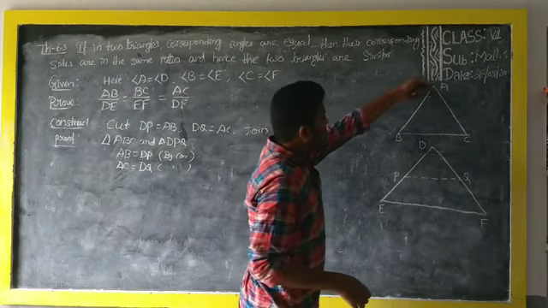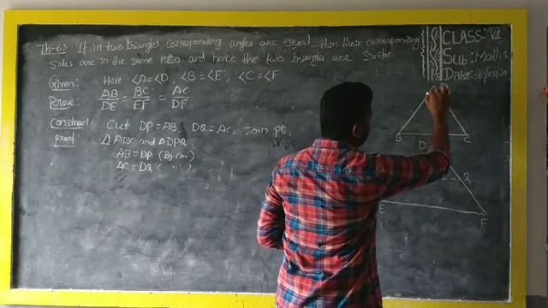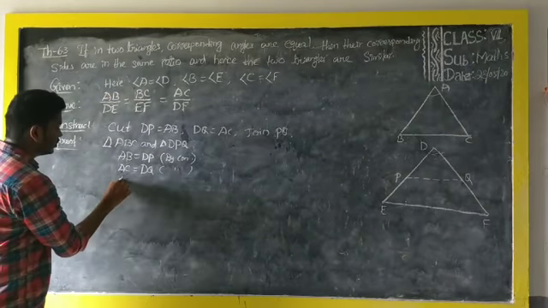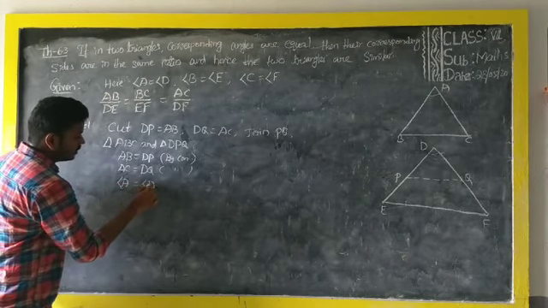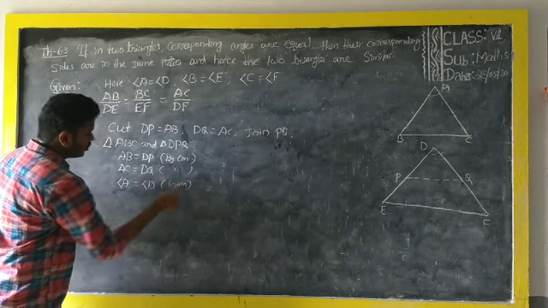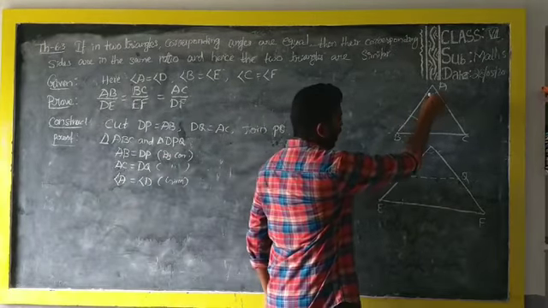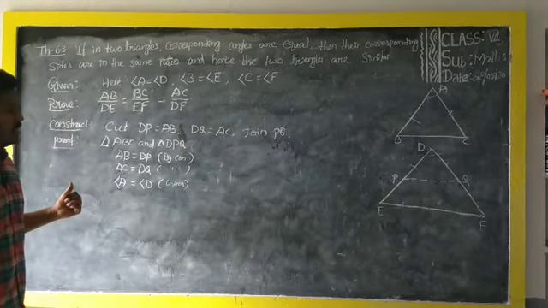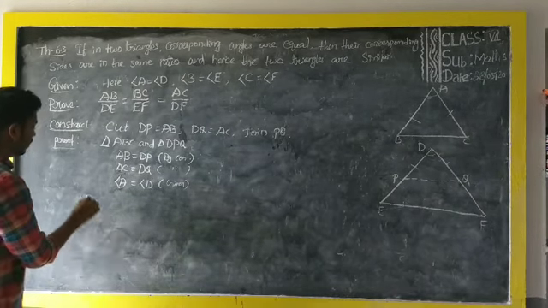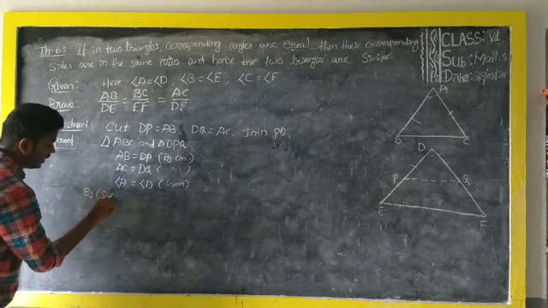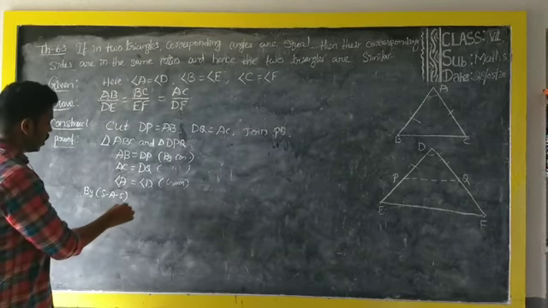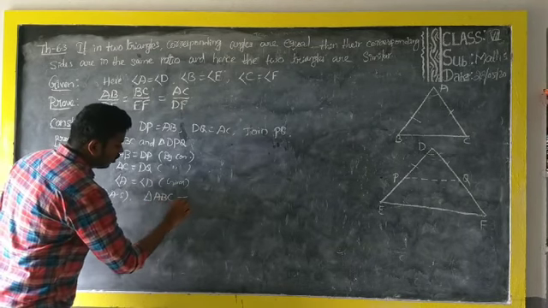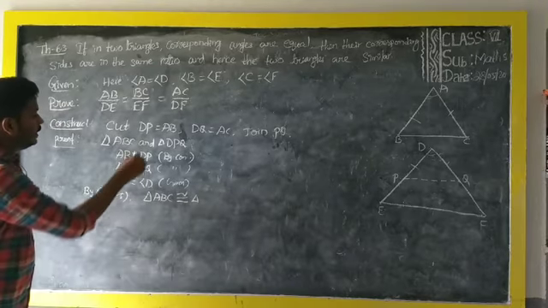And here angle A equals angle D. Why? Because it is given in the question. Angle A equals angle D, it is given. So side angle side: triangle ABC and triangle DPQ are congruent by the SAS congruence criterion. Triangle ABC is congruent to triangle DPQ.